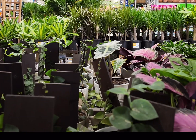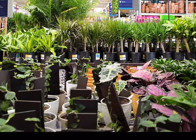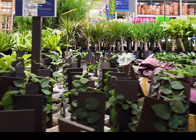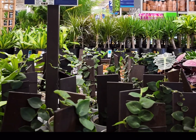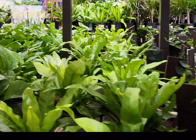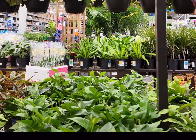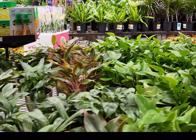Then they have that, look, you see the alocasia? I think that's a poly back there to the right, to the back. Yeah, and then they have these raphidoras. I think those are the highs, but they have so many of them, guys. So healthy. And the price was amazing. I think these were like $20. You cannot beat that. They have these ferns, which you can find anywhere,